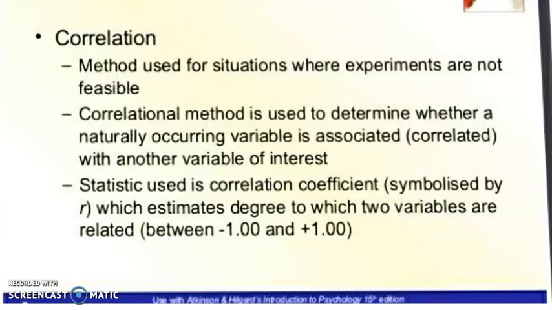The correlation method tells us the relationship between two variables, but keep in mind that it does not tell us about cause and effect. It just tells us that the two variables are related. When one increases, the other also increases or decreases with it. If both variables are increasing or both are decreasing at the same time, it is called positive correlation. But if one variable increases and the other decreases at the same time, it is called